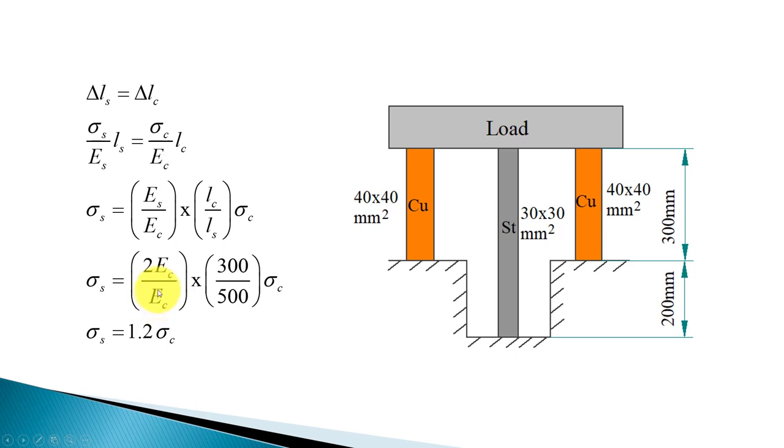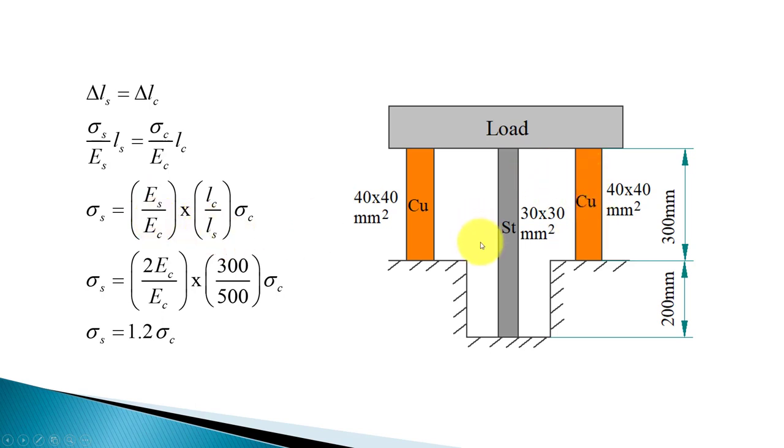So EC gets cancelled, 2 into 300 by 500. So that is 1.2 sigma C. So stress in steel has to be 1.2 times stress in copper for this relationship of Young's modulus and the